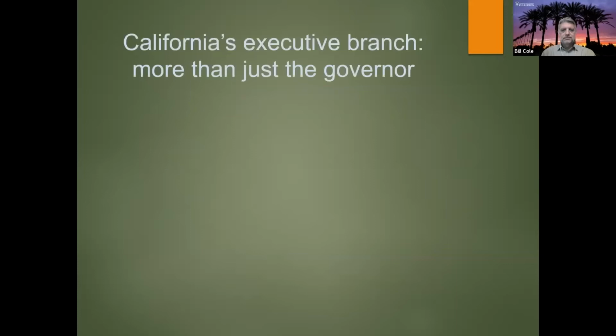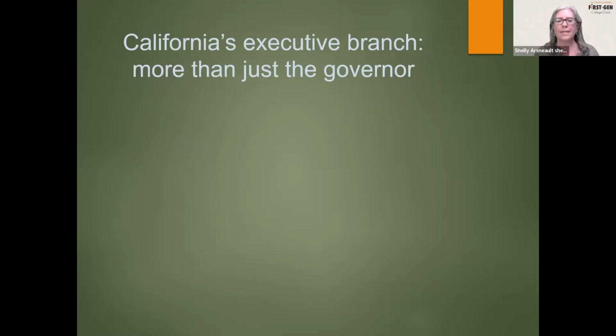I did want to begin. I'll try to keep as little political sciencey stuff as possible, but you kind of have to. So California's executive branch is what we call this. And it's more than just the governor. And that's why it's so complicated. And in thinking about it, I think part of the reason we don't know who all these people are or what they do is because we're used to the federal system. We kind of get that. You elect the president and the vice president together, and then the president makes all of these appointments, and we don't pay a whole lot of attention, but we know who they are in that way.